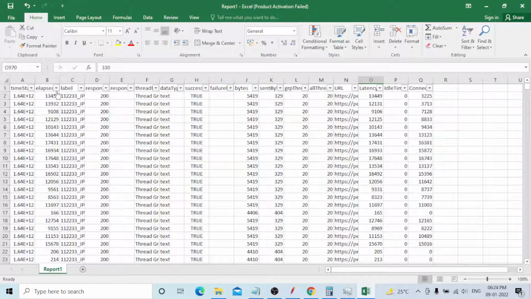And this elapsed time: elapsed time means minimum, average, maximum, total time. Now I need to select, yeah, minimum only. Minimum is 139 only.